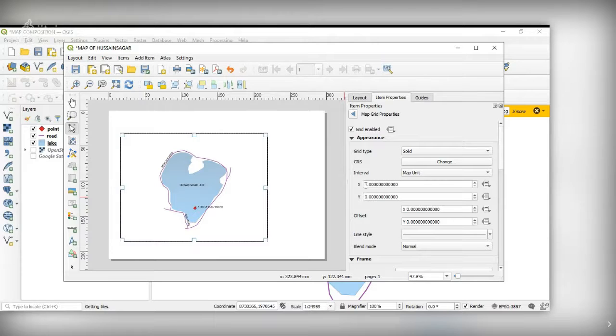Now this is a geographic coordinate system. In a geographic coordinate system, approximately 1 degree is equal to about 100 kilometers.